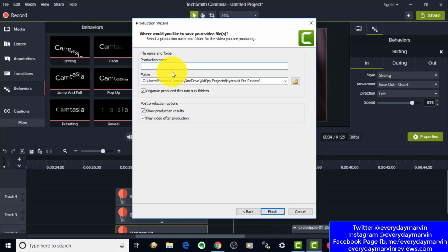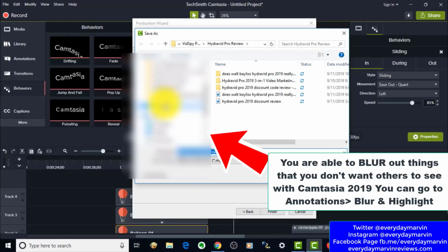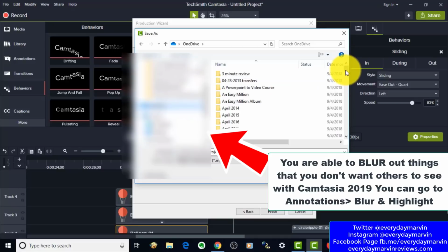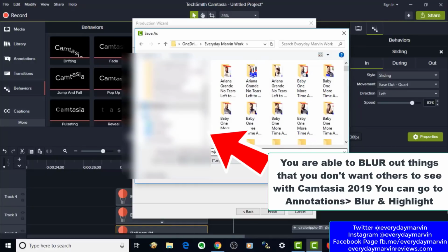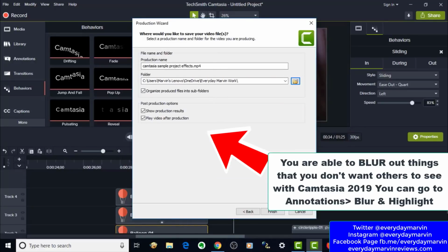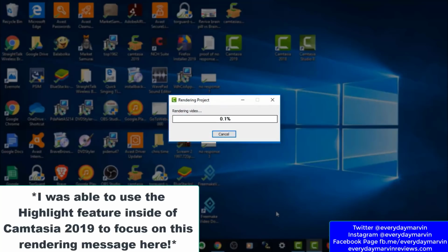So I'll label this Camtasia sample project effects and hit, oh, I don't want it saved there. It's another thing I was doing. So I'm going to have it saved under my Everyday Marvin workload folder. Go find that folder, Everyday Marvin work, and I will save it here. Now I'll hit finish. And now since this is a short video, it shouldn't take very long to do it. So it'll render, the screen will pop up, you'll see,